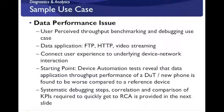So it is important to make sure that for the same application, in an apples to apples comparison across two phones, to answer questions such as, did one phone make more connections than the other phone with the network? Did one phone have more signal chatter with the network than the other phone? And to be able to study user experience and link it efficiently